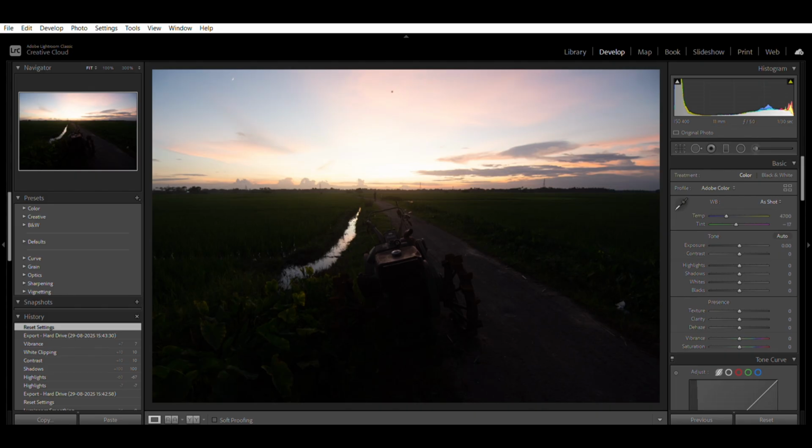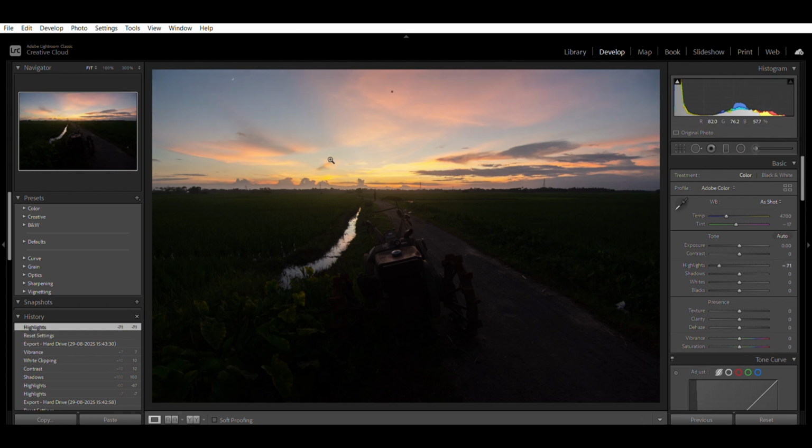It's an old version. So first we will go to the highlight slider and we will slowly take it to the left side and just see the changes. As you can see, we are reducing highlights and the light is gone, and now the colors of the clouds as well as the details are now quite prominent and visible. I hope you have understood. So this is highlights, and you can see